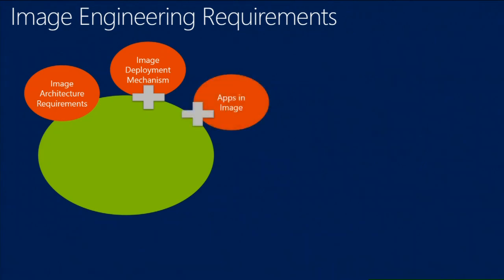What apps do you need in your image? There's typically 8 to 12 pieces of software that go into every image. You typically find a set of middleware components added to every image engineering process. So that's things like your .NET framework, your C++ compilers, the bits that you need to add to make sure that the apps that come later can work correctly. So typically, in my experience, it is between 8 and 12 pieces that you add to the image. And then,